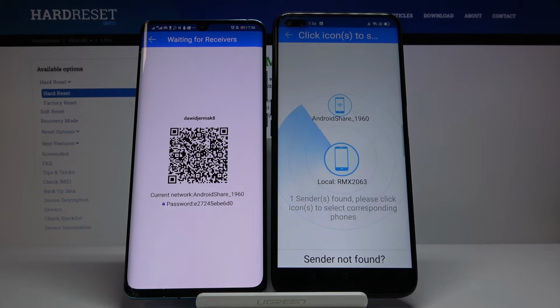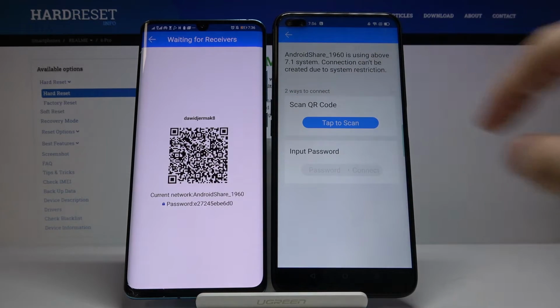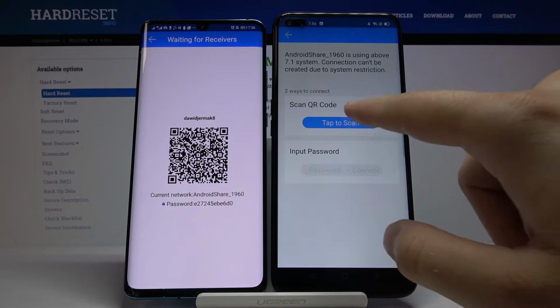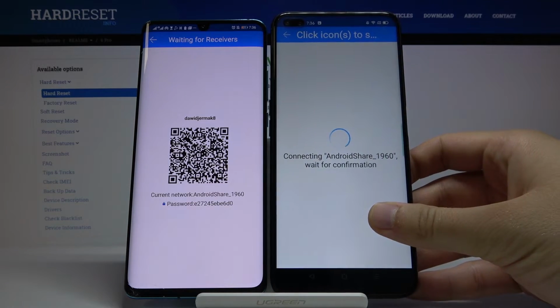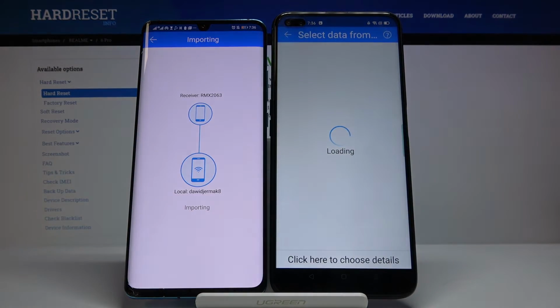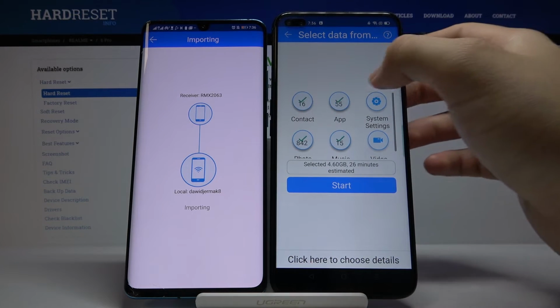And right now click here, and we have two ways to connect. We can scan the QR code, but also we can input the password manually. So pick your way. I'm going to scan the code. Accept the request. And right now, if you want to take everything, just select all of these icons and click